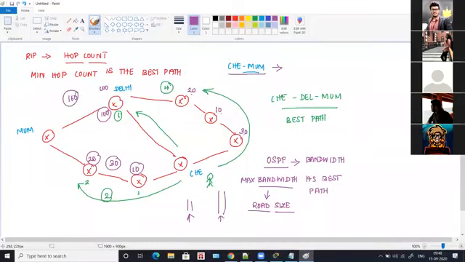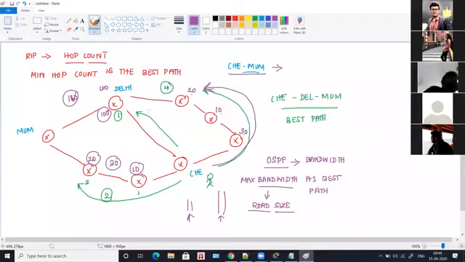160. So now the maximum bandwidth is in which path? It is actually in this path. So OSPF considers that this path will be the best path. It will select 160 and consider that as the best path. So that is with OSPF. OSPF considers the bandwidth and it considers maximum bandwidth as the best path. RIP considers the hop count and it considers minimum hop count as the best path.